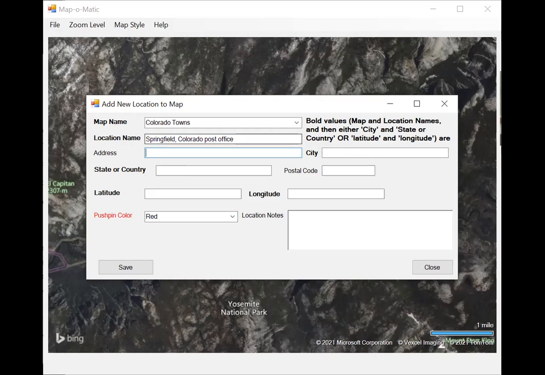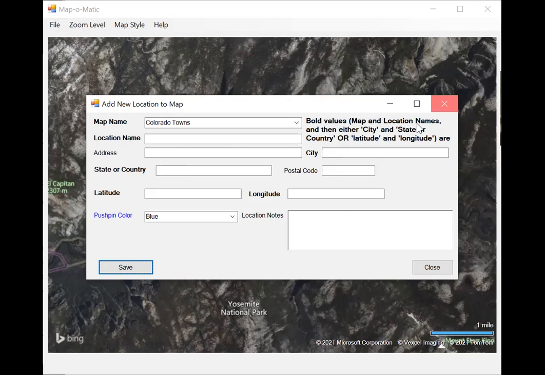And that address is 188 East 9th Avenue. Zip code 81073. So what have we not selected? How about blue? Let's go with blue for Springfield. So now we should have 5